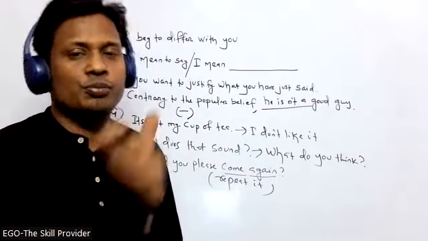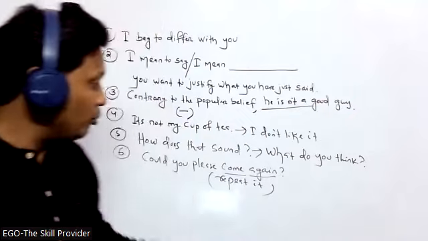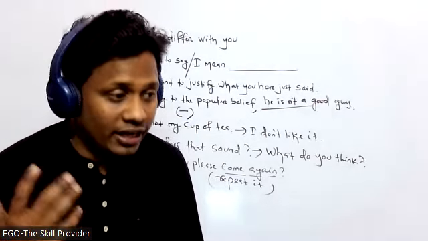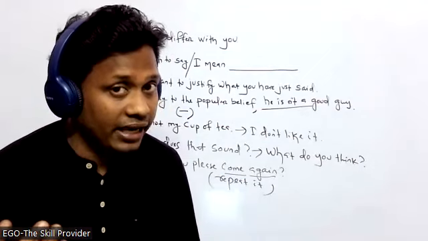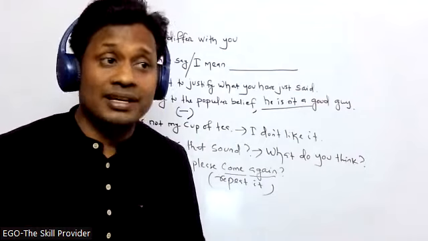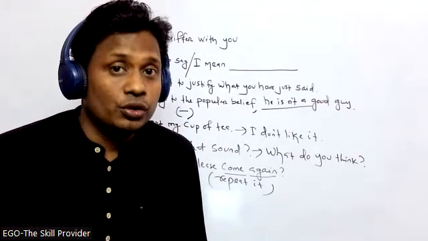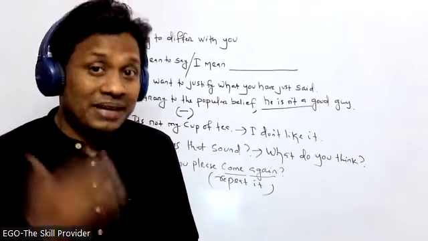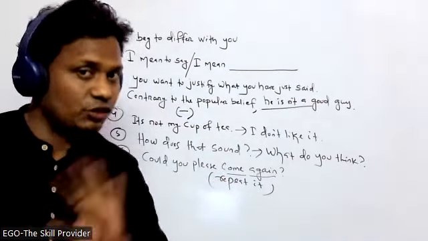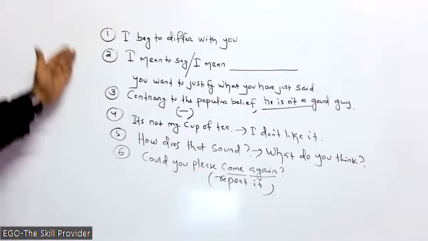So it is not spoken English, it is written English. But the moment you can say, sorry, Suryakant sir, can you please come again? So come again means, perhaps I don't understand that, plus I'm not able to figure it out. So please tell it once more. Please repeat it. Instead of telling that, you can say come again. That's all. Okay. So this is all about the 6 things.